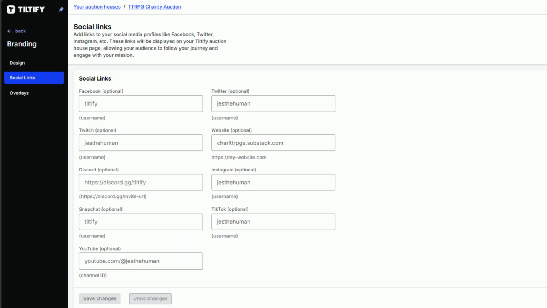I'm also pretty lazy, I'm not gonna lie, but if you have a certain brand that you want to maintain, this is definitely worth taking a peek at under the design tab. Under the social links tab, you guessed it, you can add all of your social medias. And under the overlays tab, you can create different overlays if you want to add these to your stream as